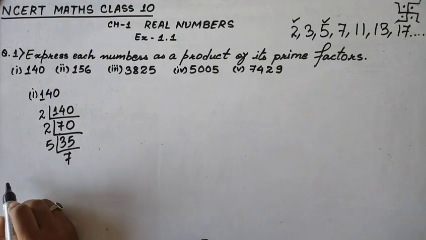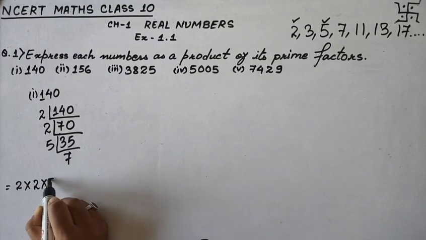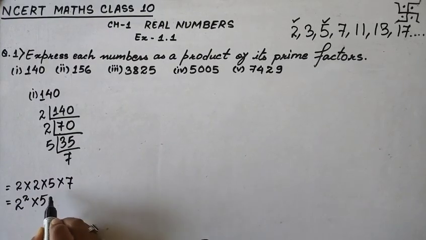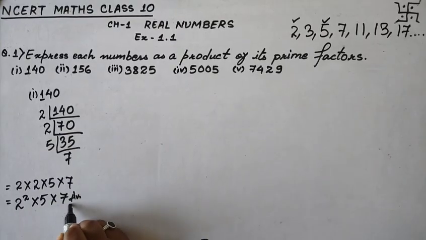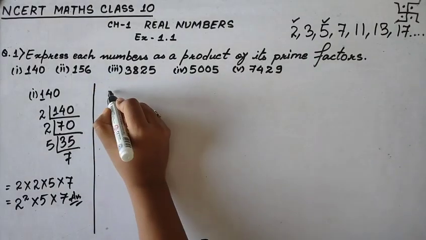And the answer that we get in this case is 2 into 2 into 5 into 7, or you can write it in the form 2 square into 5 into 7. Since we have two 2's over here, this will be your answer. Moving on with the second, we have